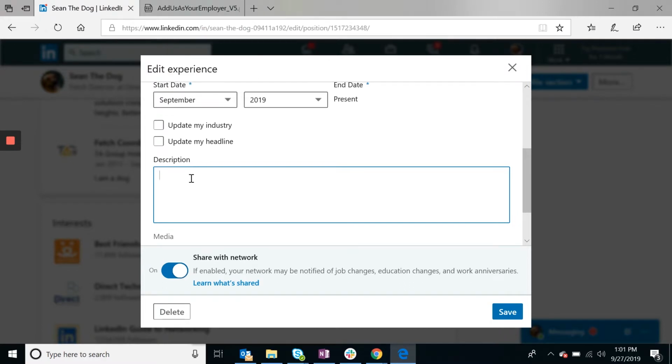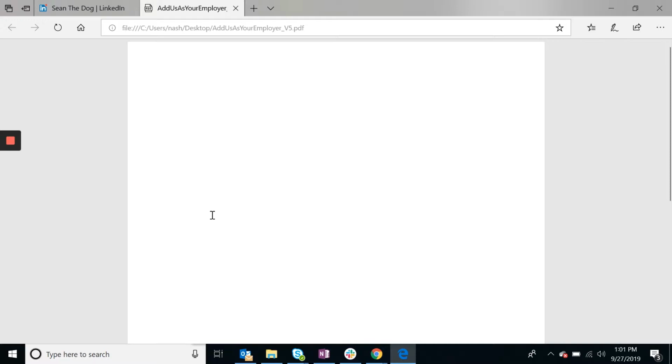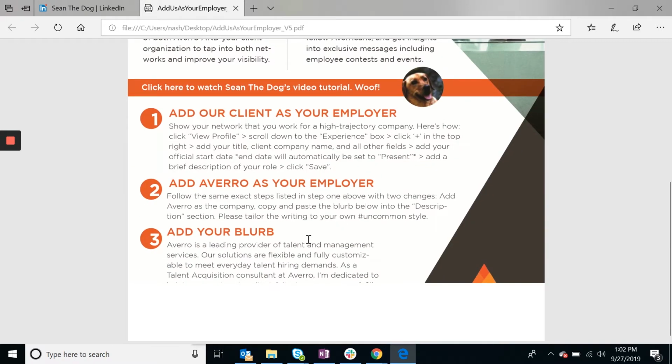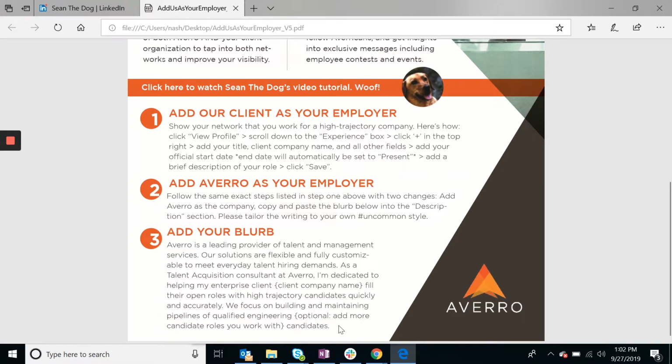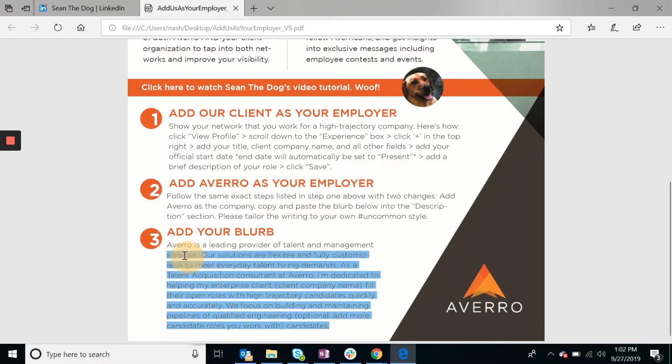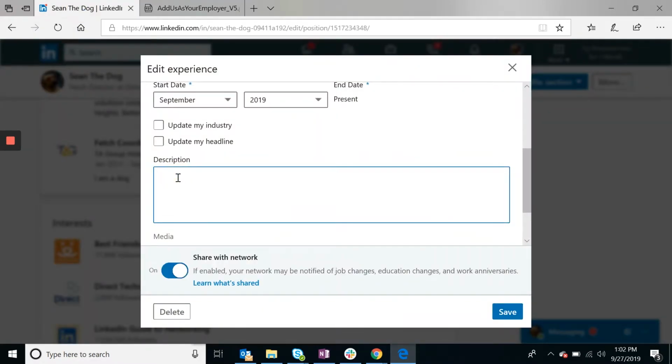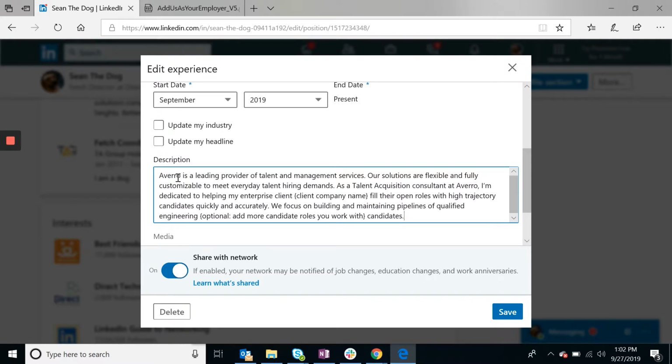In order to fill that in, we've provided you a blurb that you can copy and paste from the PDF, the Add Us as Your Employer PDF that we provided in the last email that you were able to access this video through. So you go down to step 3, and then you're going to want to highlight all the text there, Control C or right click copy, go back to the description, Control V or right click paste,